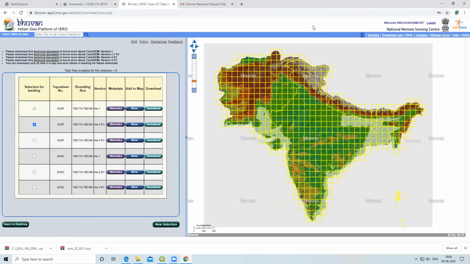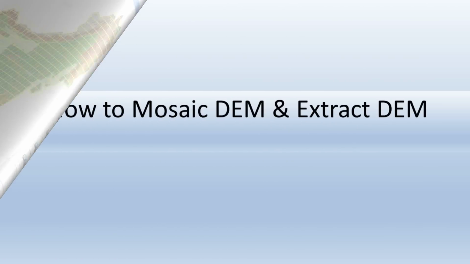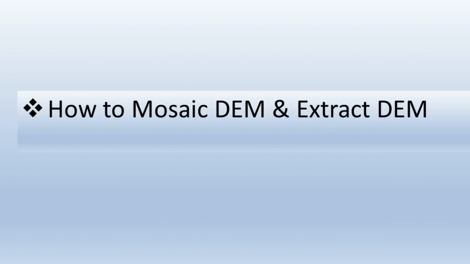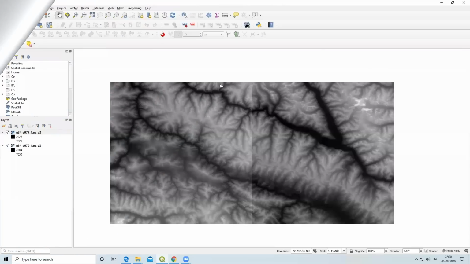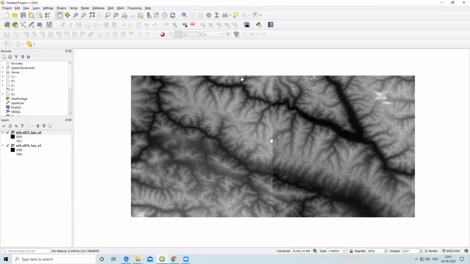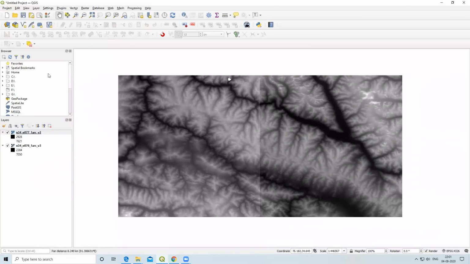Now we'll learn how to mosaic these images. We have two different SRTM DEM images that we downloaded from USGS Earth Explorer that we want to mosaic. But first we'll learn how to add this raster data, how to add this SRTM DEM data.